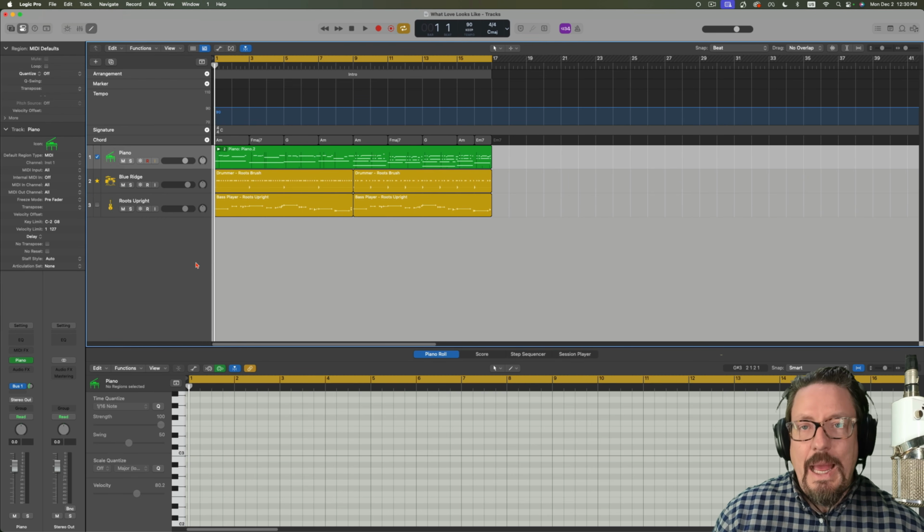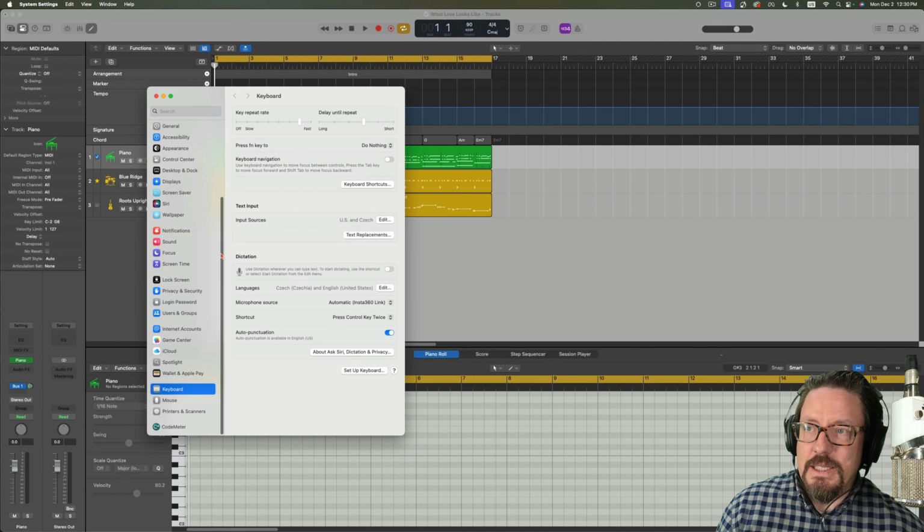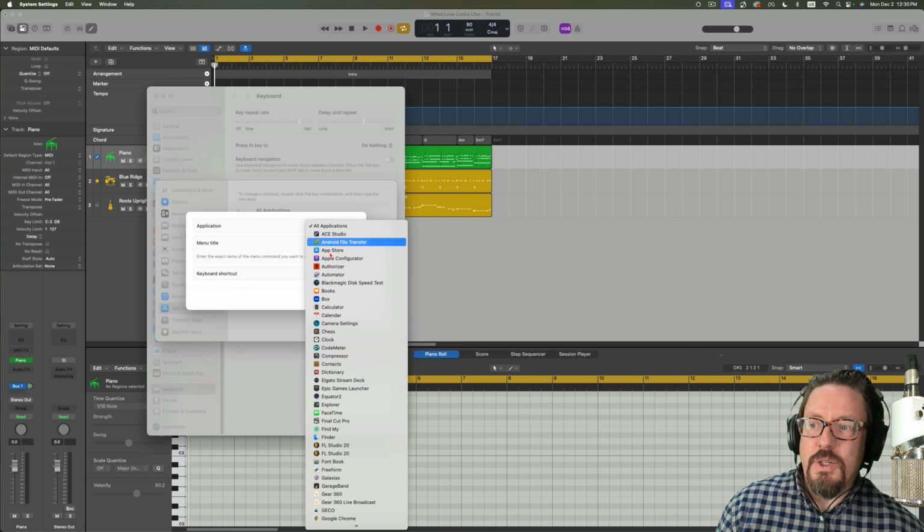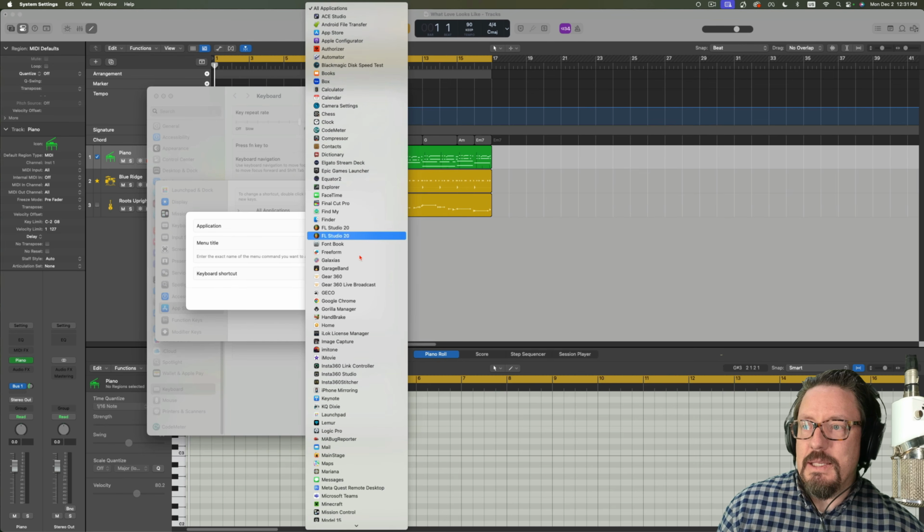There is an option in the operating system inside our system preferences. This is under the keyboard option where we can do keyboard shortcuts, and we can come down to app shortcuts, and we're going to just add one for ourselves. And so you need to find Logic Pro inside here,